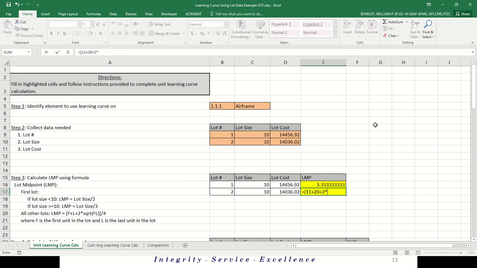Plus 2 times the square root of 11 times 20, and all of that divided by 4. So again, we get the first plus the last plus 2 times the square root of the product of the first times the last, all divided by 4. That comes up with an answer here,